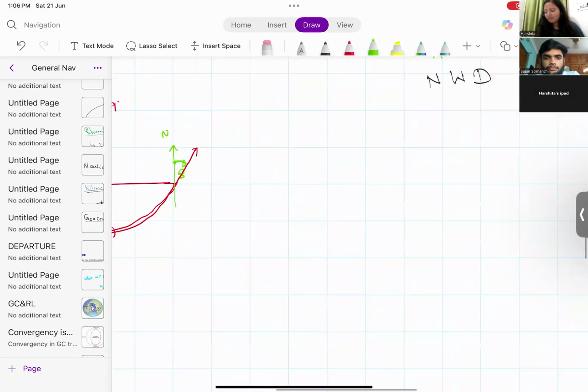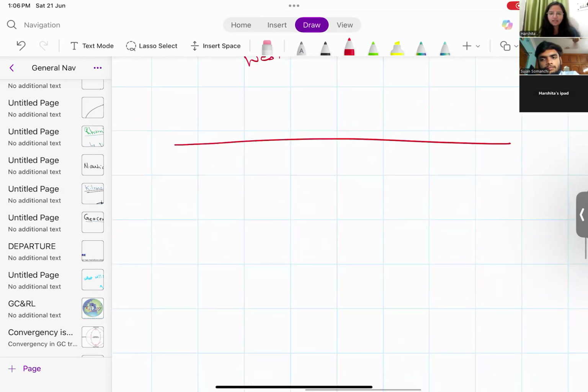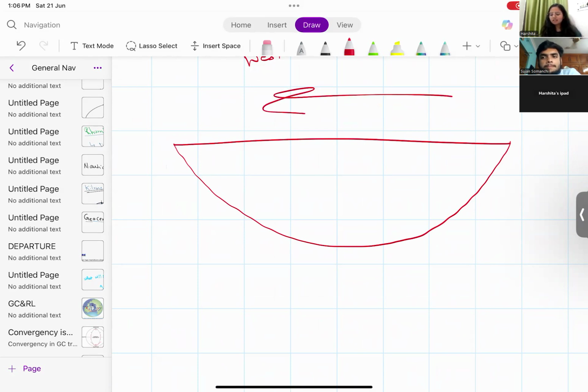That means the track decreases in the southern hemisphere when you are going towards the east direction. Again, we are in the southern hemisphere, but the direction is west, 180 degrees to 359 degrees. What will you do? First of all, draw a straight line, and the great circle. Okay, this is the diagram. Now we have to go in the west direction. West directions are these directions only. That means I'm traveling like this